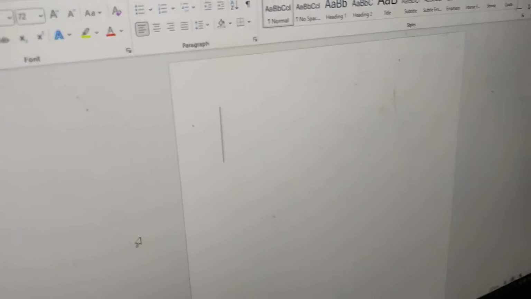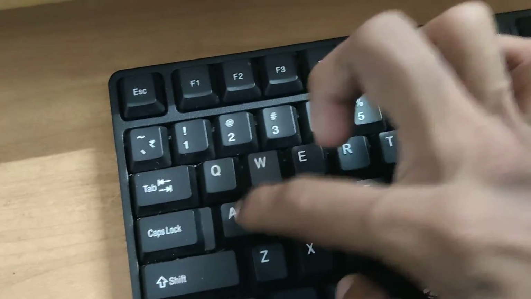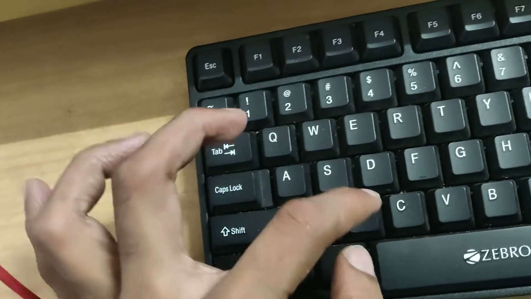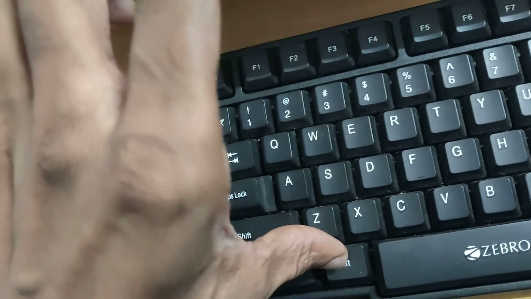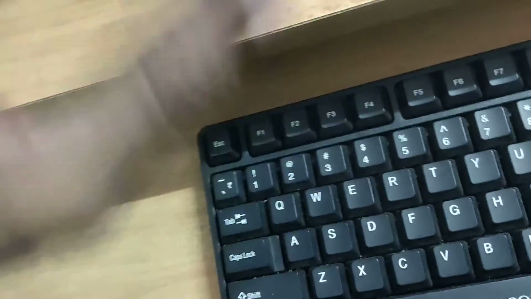I open Microsoft Word on my Windows computer, and after that I'm going to type here 1F6A7. Okay, I type like this: 1F6A7. I can see on my keyboard this is the Alt key and this is the X key. So one of my fingers is on the Alt key and another is on the X key. If I press these two keys at the same time, then you can see a symbol like this,